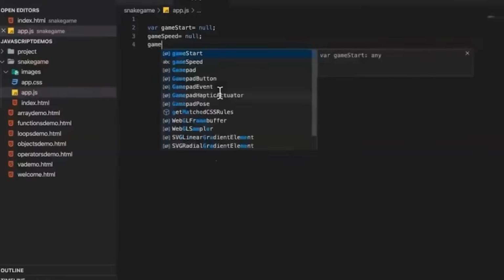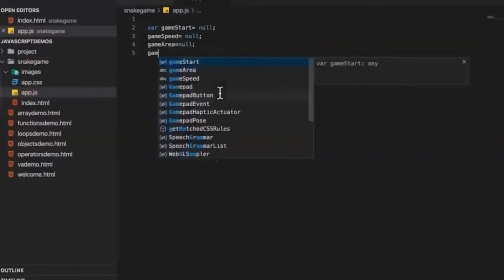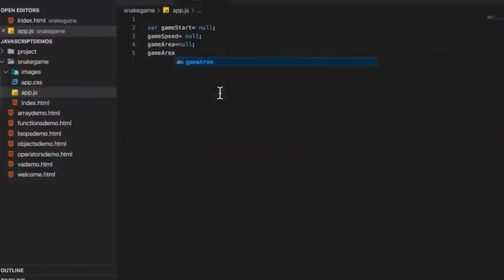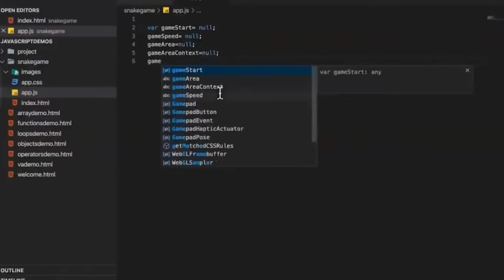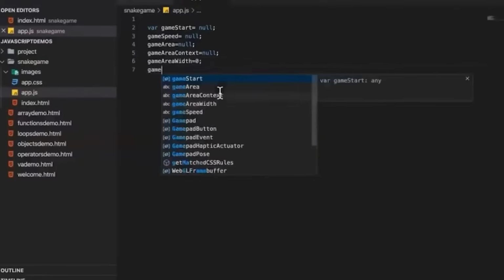Next, game area equal to null. Game area context equal to null. Then game area width equal to 0, that is an integer value. Game area height